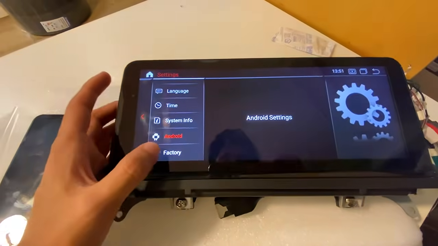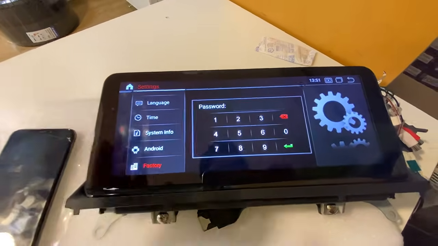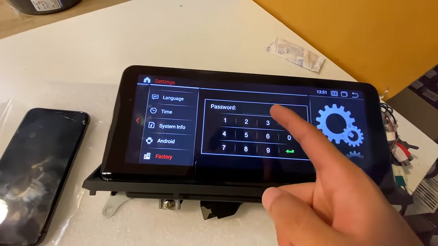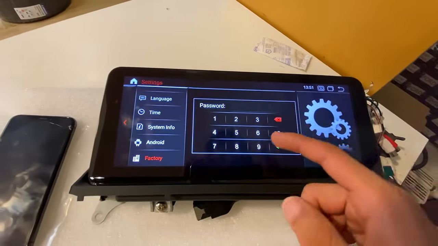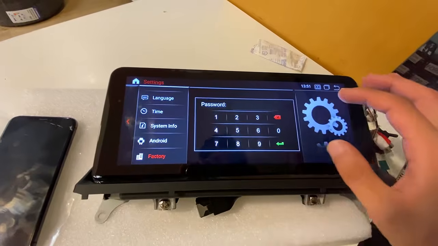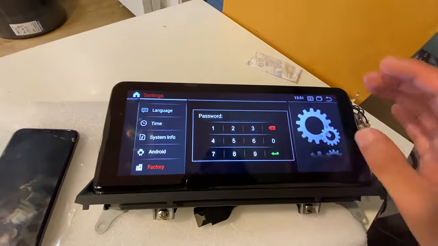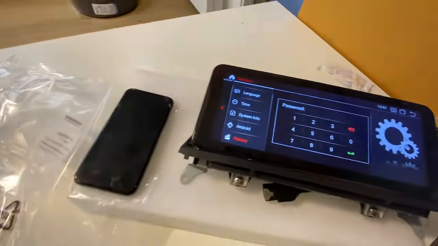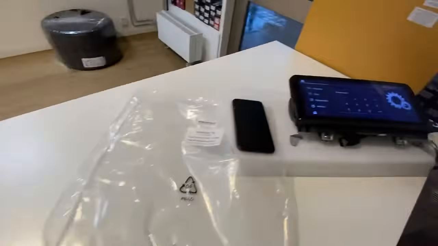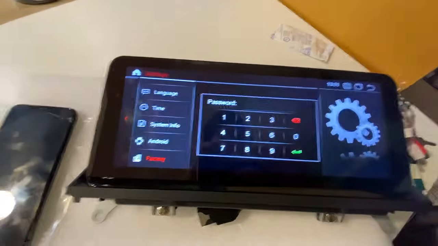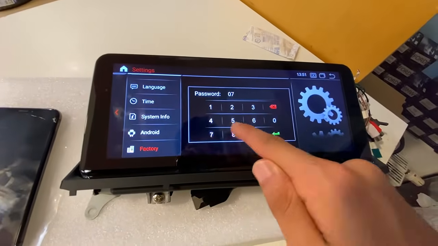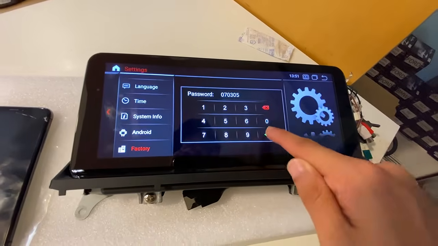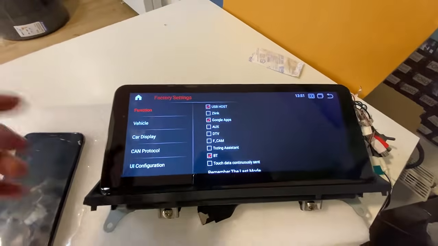Now the main thing that is important is the factory settings right here. For the older stereos our code was 1314, but for this one, this is the newest model. Whenever we sell a stereo or give it to the customer, the code is also written on the box as well. But for this one, the code is 07, 05, 07, 03 and 05. Once you enter the code,